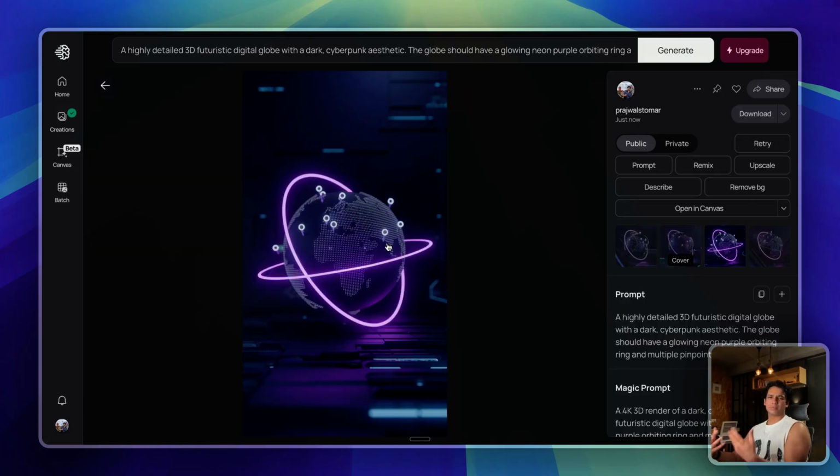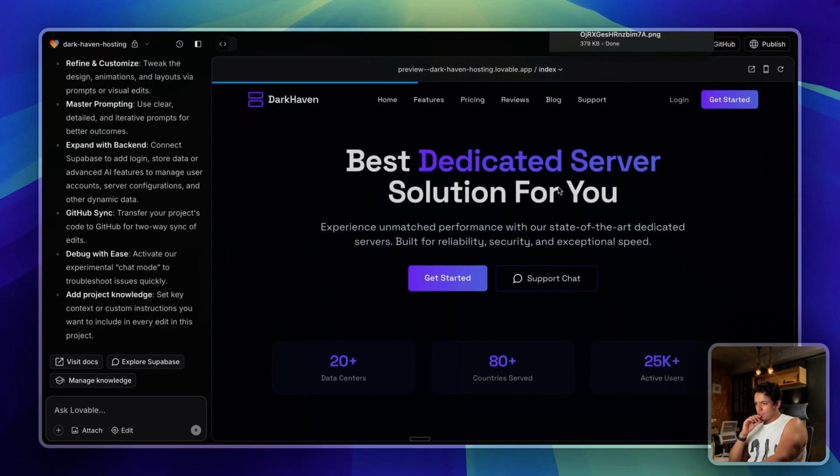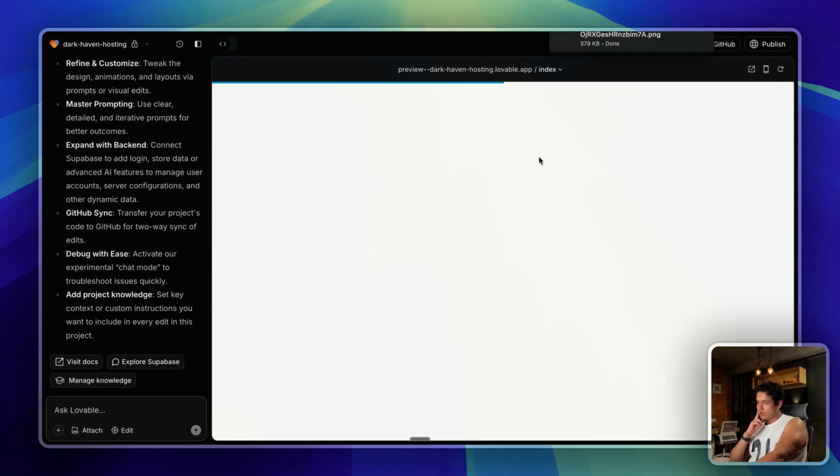You can also spend some time on the prompt and make this image even better. This is just the first try and I'm pretty satisfied with this. I spend some time and should be good to go. Okay, remove background. Let me remove the background of this image. Not bad. Let's download this. So I think the hero section could use this image. It would look decent on it.